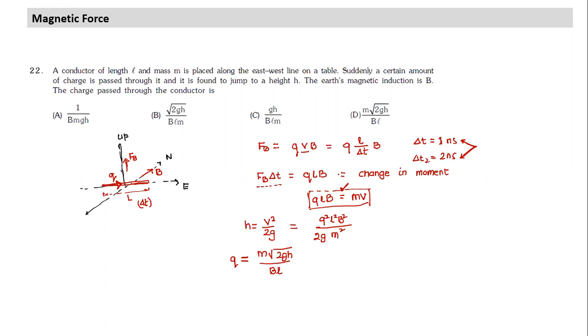The direction is such that the force is upwards, and the force will be equal to Q into V into B. This charge Q flows along the length. Now, in this particular case, what is V? We assume that it travels a length L in time delta t. So the velocity will become L by delta t, into B. Since time is not mentioned here, I take the time to the other side. This becomes equal to force into time. This is called impulse. Impulse is equal to QLB.